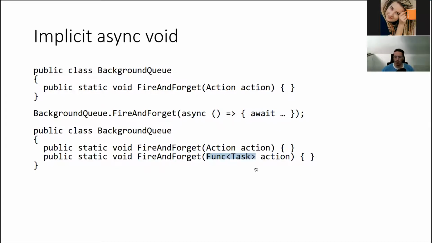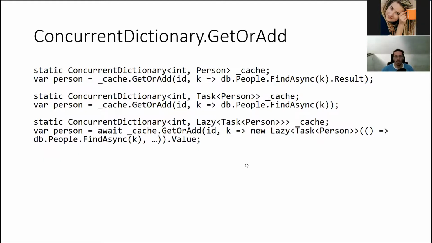Because the action means, hey, it's a method that's not returning anything. But the asynchronous method not returning anything is actually a method that's returning Task without any extra type. So don't forget to do this overload, and the C# compiler is smart enough to prefer the one with the Task if it's an asynchronous lambda, and not the one with the Action. And finally,